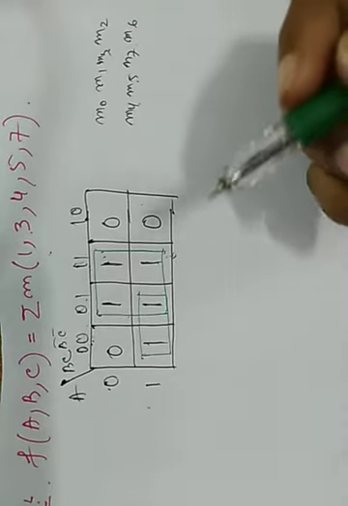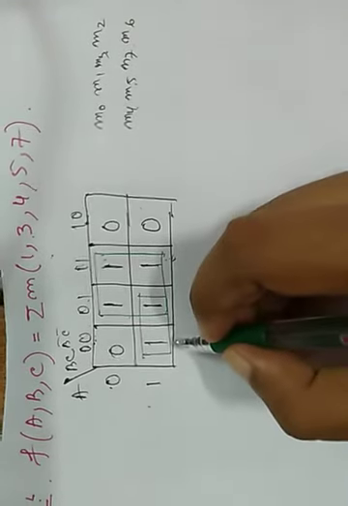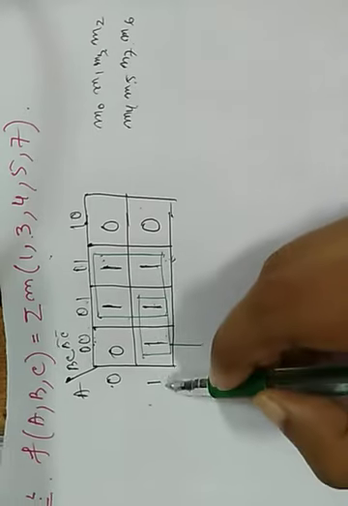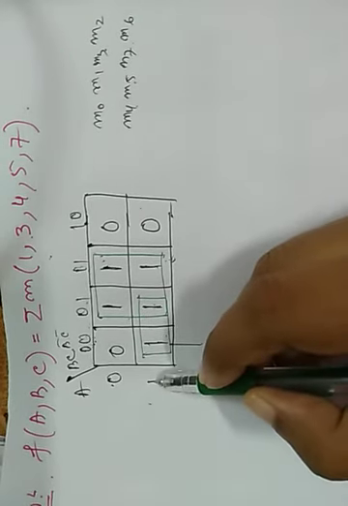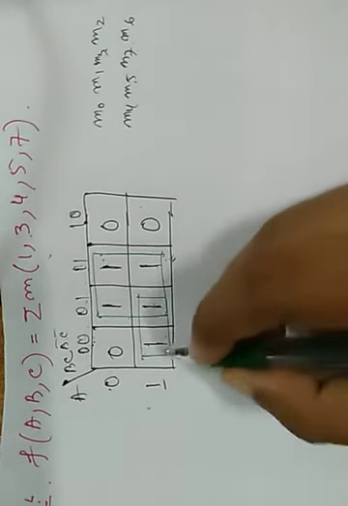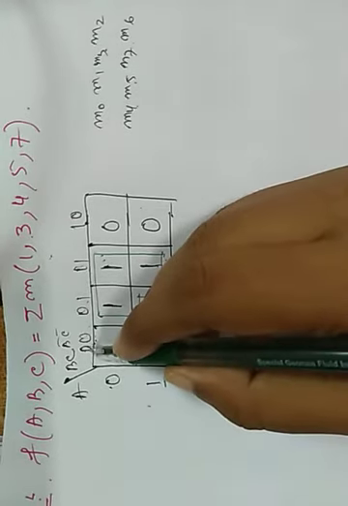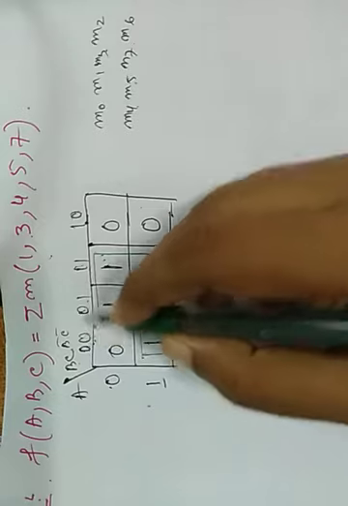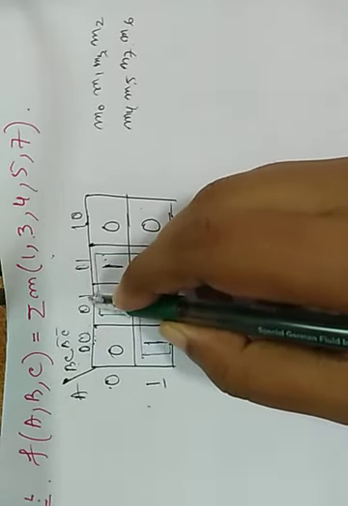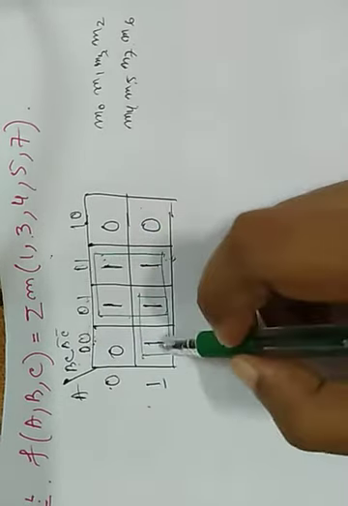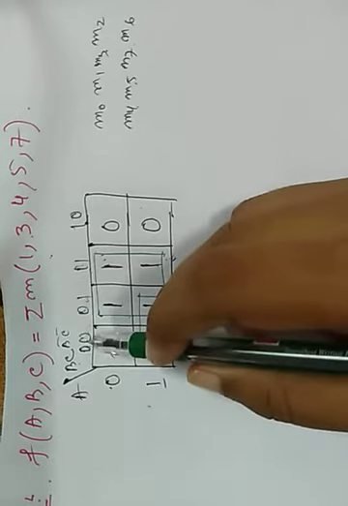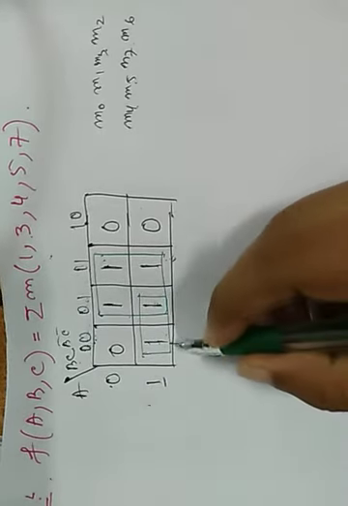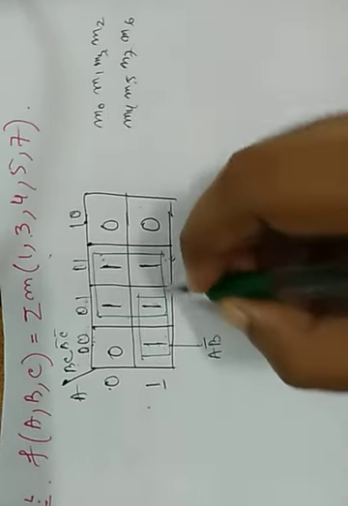Clear? Now for this circle 1 1, this is individual 1 means this is for A, and for this 2 value 0 is common, 0 means B bar is common, and 0 and 1 is different in both the column, because for this column we know that which one is common we have to take, so we have to take B bar. So for the first circle we have to take A bar, B bar.